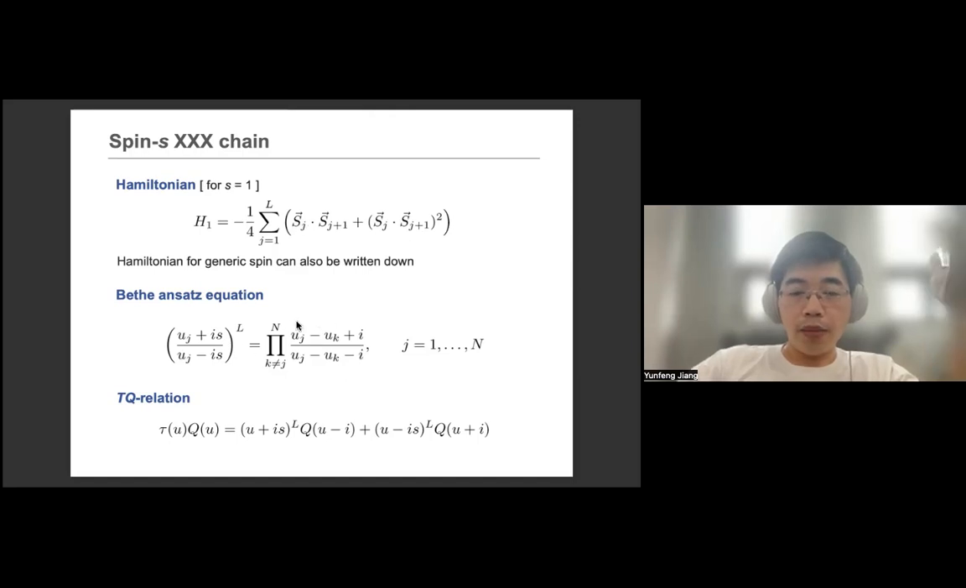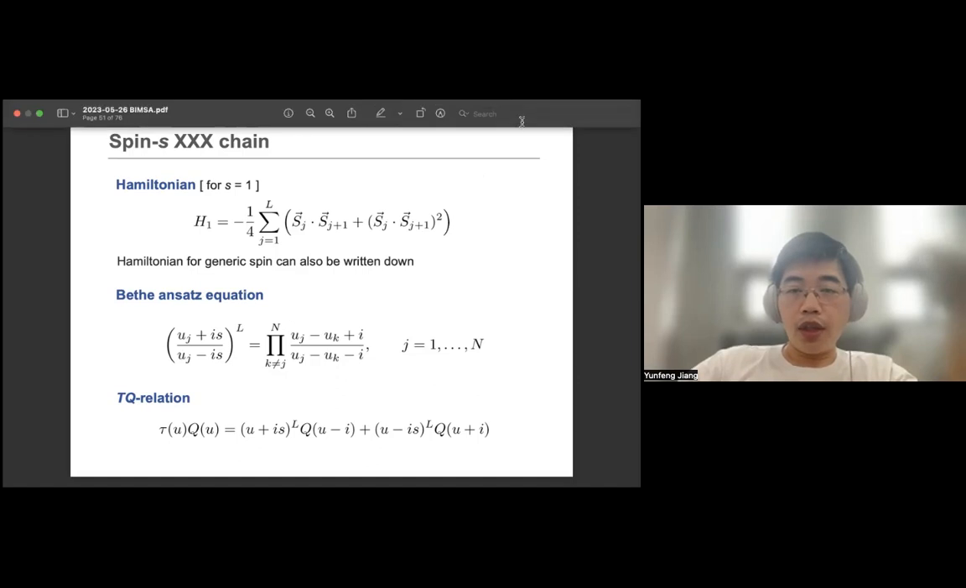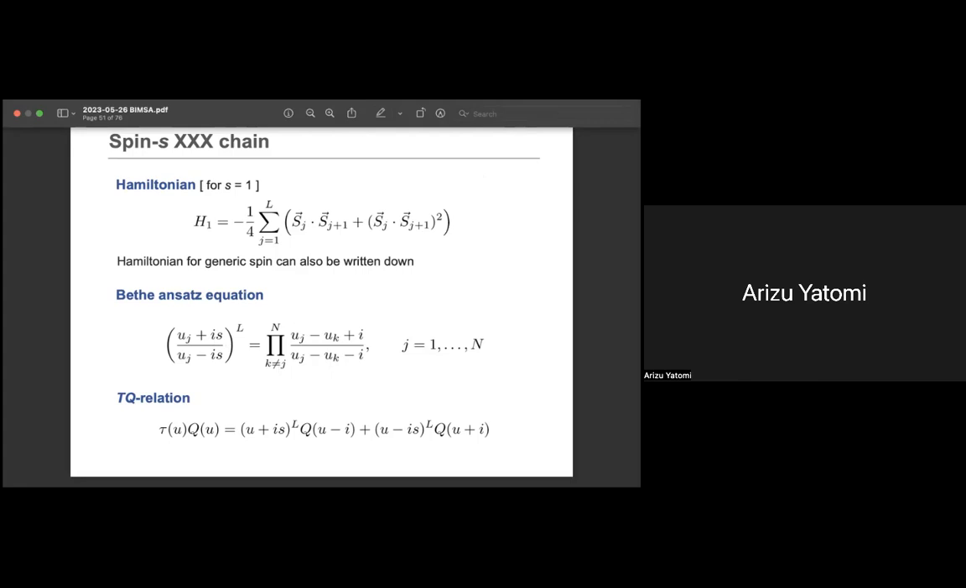And the corresponding Bethe equation is actually very similar to the spin 1/2 case. All you need to do is change here this i divided by 2 to i times S. Sorry. And the right-hand side. When you write,